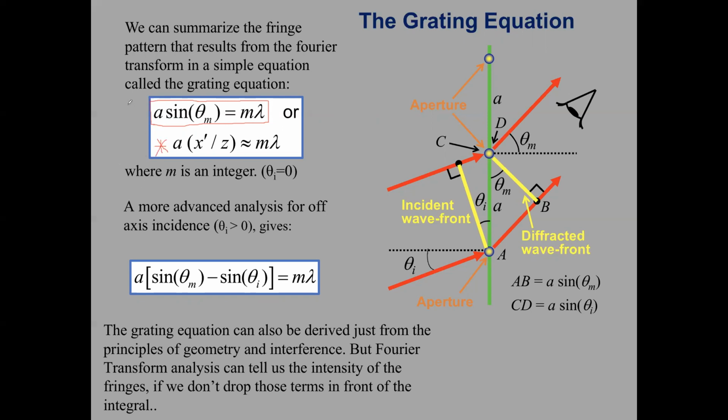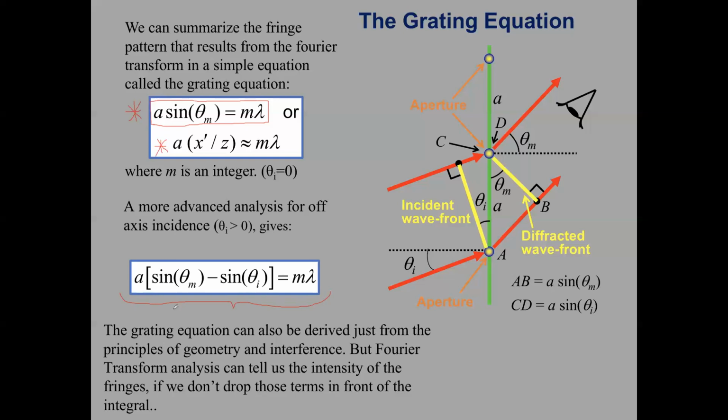It's better to use this equation in the non-small angle limit because with diffraction gratings, the bright peaks can be really far out at non-trivial angles. We're mostly going to consider light hitting the diffraction grating at normal incidence. But if your light's hitting the diffraction grating at an angle, you can do a more complicated analysis to eventually end up getting